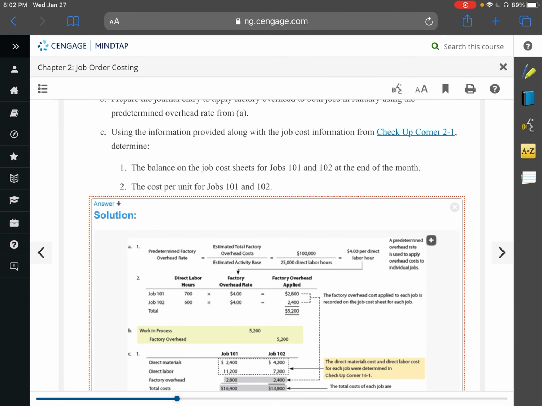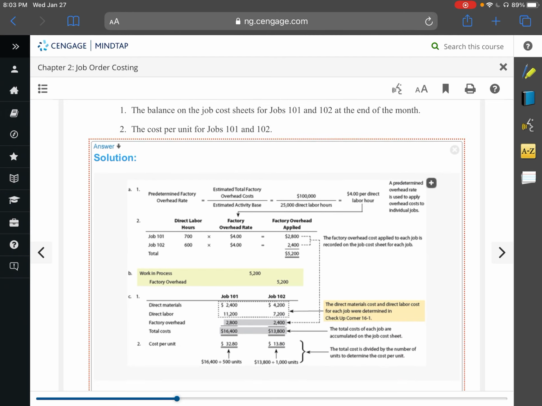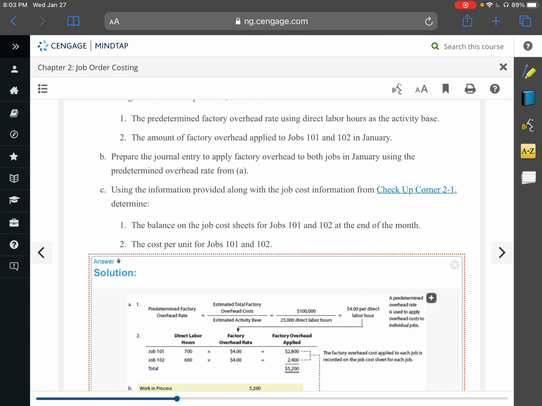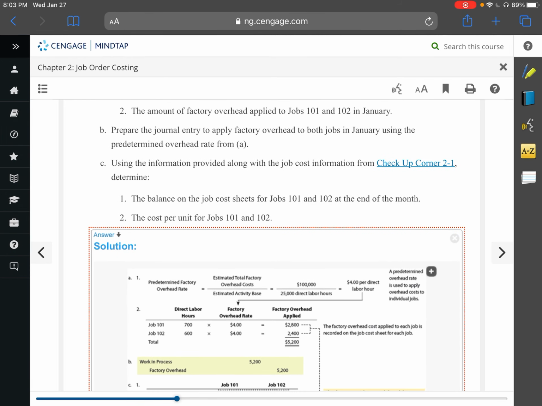So we multiply those out: 2,800 for job 101, 2,400 for job 102, for a total of 5,200. It says the factory overhead cost applied to each job is recorded on the job cost sheet for each job. Okay, so then in part B, it says to prepare the journal entry to apply factory overhead to both jobs